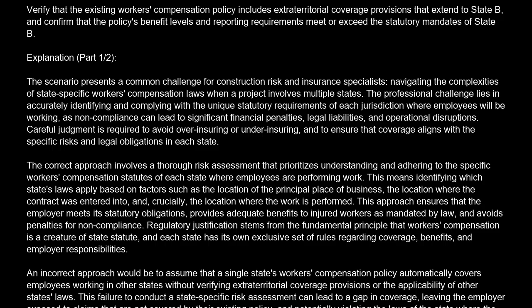An incorrect approach would be to assume that a single state's workers' compensation policy automatically covers employees working in other states without verifying extraterritorial coverage provisions or the applicability of other states' laws. This failure to conduct a state-specific risk assessment can lead to a gap in coverage, leaving the employer exposed to claims that are not covered by their existing policy and potentially violating the laws of the state where the work